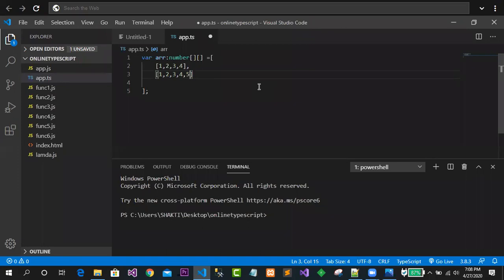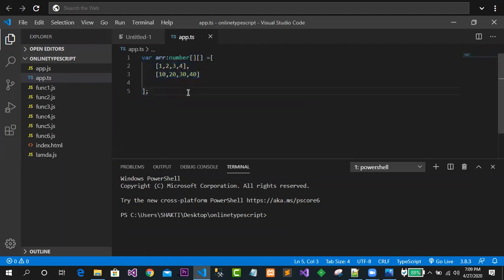So what is the meaning of this? This is a 2D array. Suppose the same number of values you want to give now, so you can go for something like 10, 20, 30, and 40. Clear up to this? It is very simple to understand how the thing is going on. So this is a 2D array, where the first row contains 4 elements, and the second row also has 4 elements. It is very easy to understand.